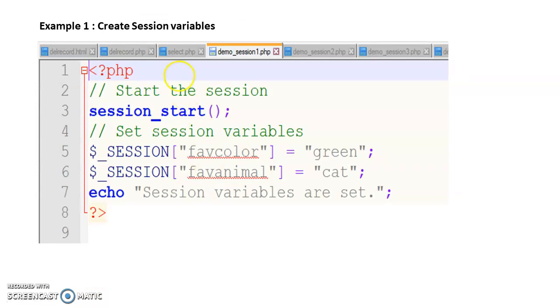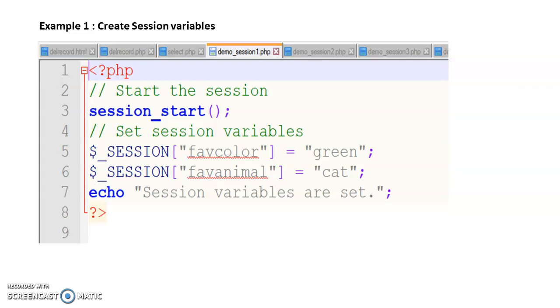First we will check how to create a session variable. So in PHP you will start with <?php. session_start is the first method, which will specify to the browser that session variables we have to create or we have to restore. $_SESSION in square brackets, the variable name, equal to value.